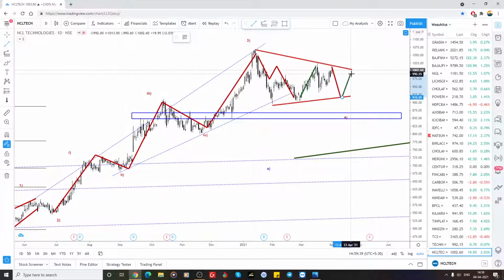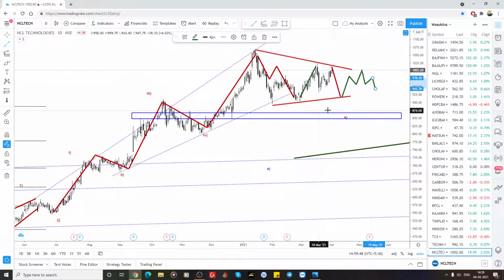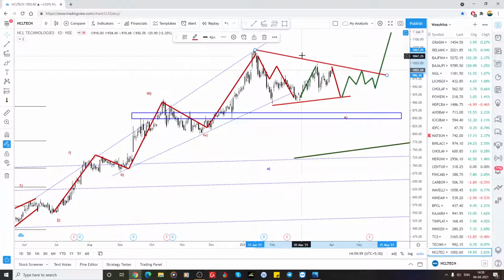If it did like this, we can consider this as B, C, D, and after that in the E wave we can enter if you are an aggressive trader, and you can place a stop loss here or here or here, and we are looking for that fifth wave. So the safe entry is about this A B level, placing the stop loss at the E. That is the only option for the safe trade. And if you are aggressive, you can enter if it comes here.